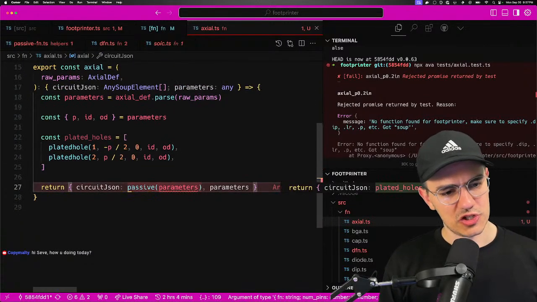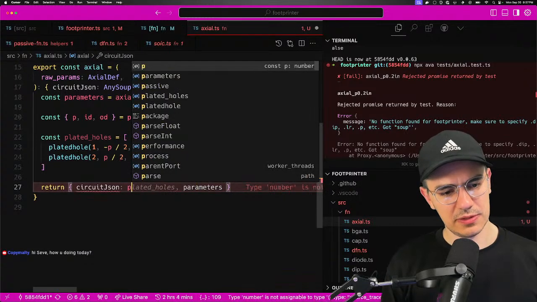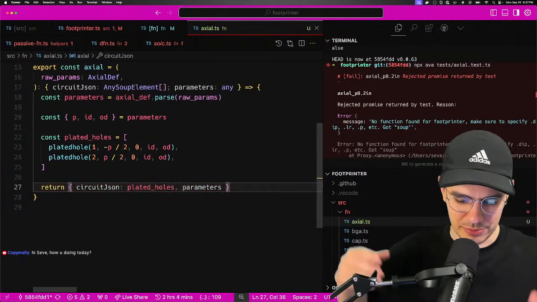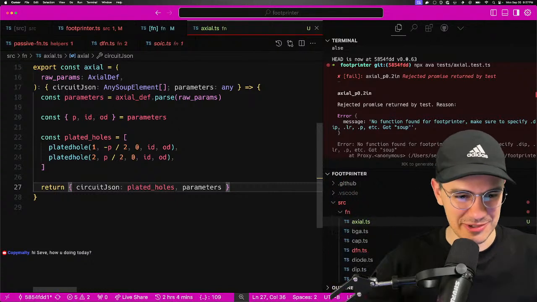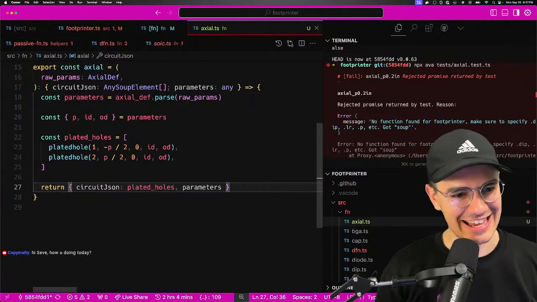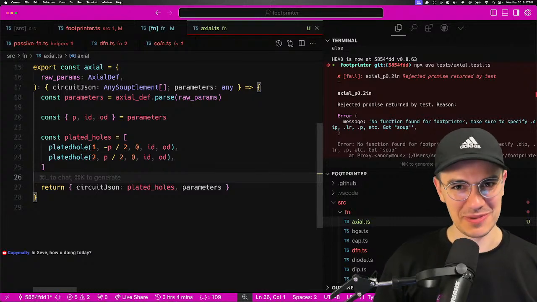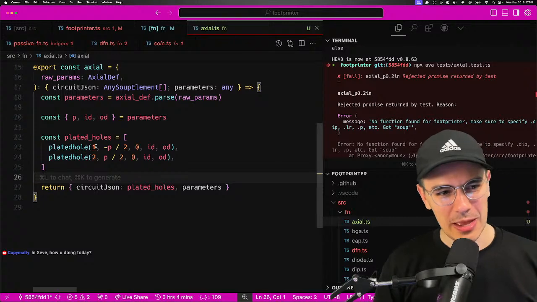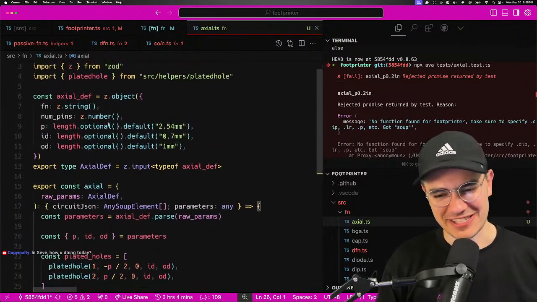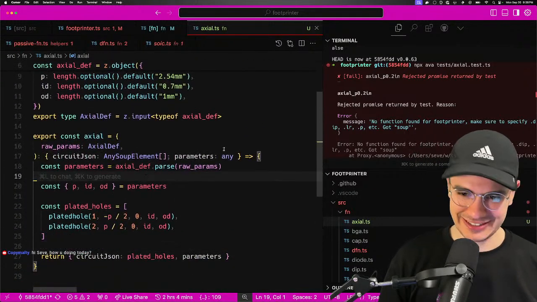And then for our circuit JSON, we just say plated holes. In the future, we'll also want to put a reference label. Right now, we do not put reference labels on our footprints, and it's a major pain. Nobody knows what pin 1 is and pin 2 is, and nobody knows if that's R1 or R2. So big problem, but we're not fixing that today. Today, we're just